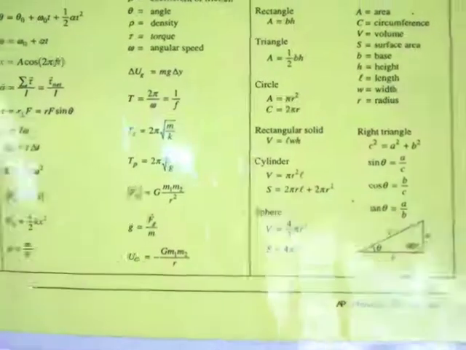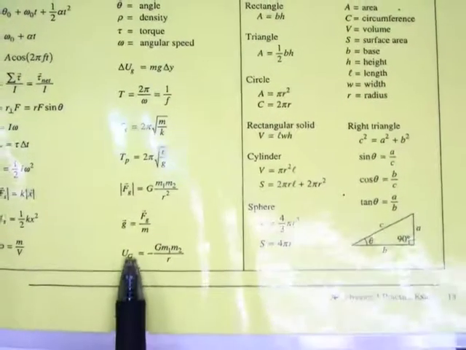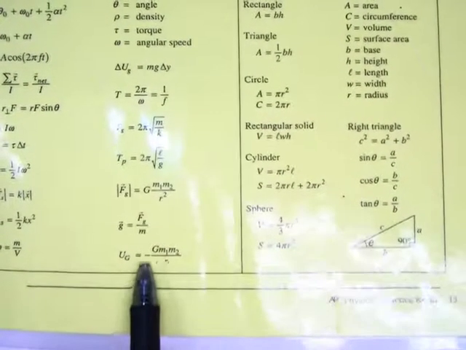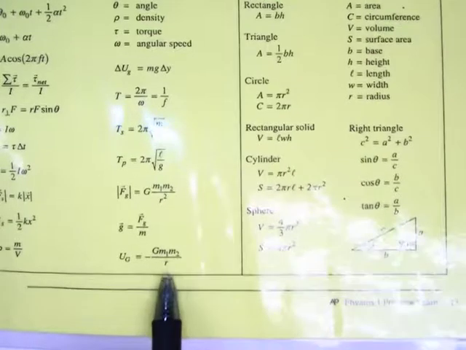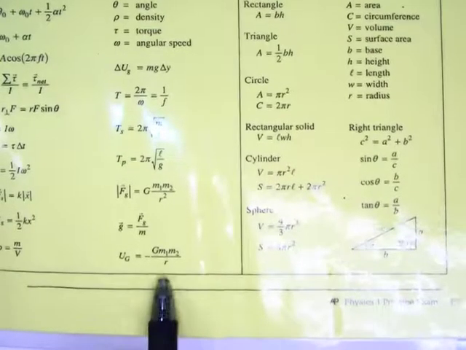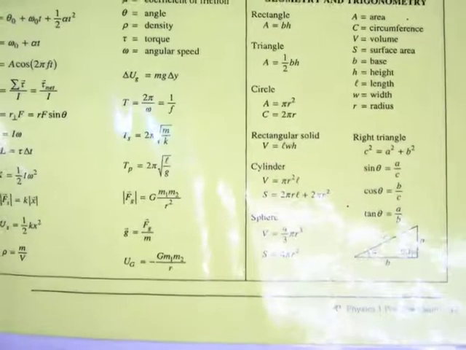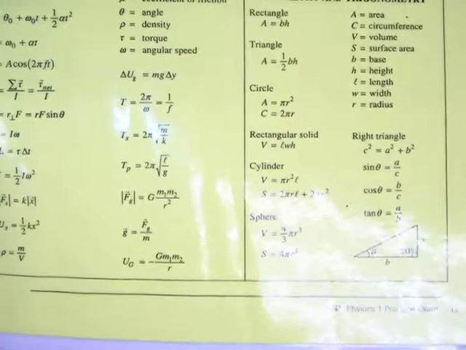Alright, in this video we're going to look at orbital energy. Now one thing you'll notice when you look at your equation sheet is that there's this equation for gravitational potential energy that's negative G m1 m2 over r. You say, well, that's a lot different than the mgh or the mg delta y that we learned earlier. So in this video I'm going to try to explain where that comes from and how they're similar and how